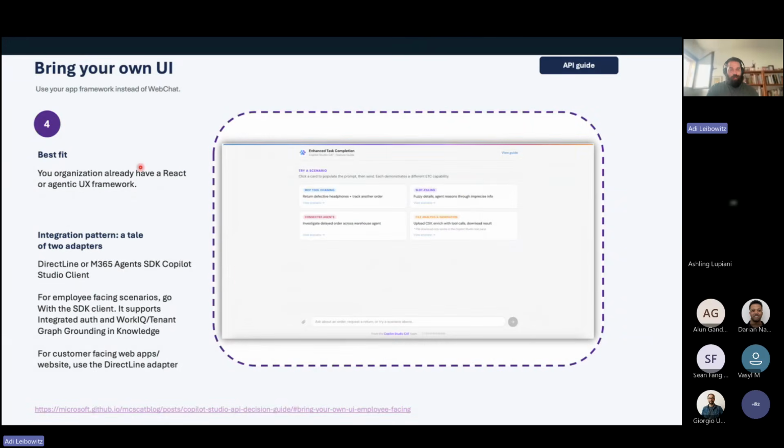Okay, so another option, a different pattern which gives you more control, is something we can call bring your own UI, which means that you don't use web chat at all. You're just building your own chat experience over the APIs that we make available. Why would you want to do that is a good question. I think that often this pattern is deployed in cases where it might not be necessary, but